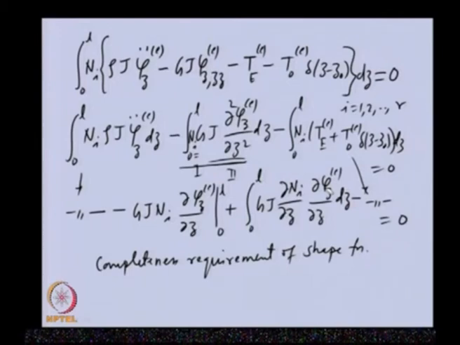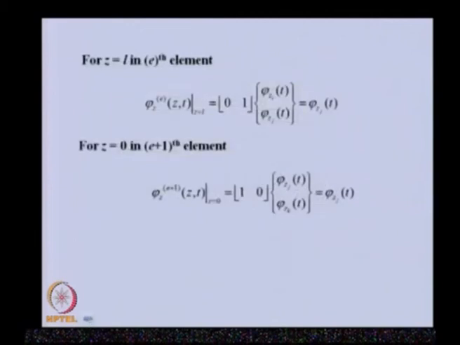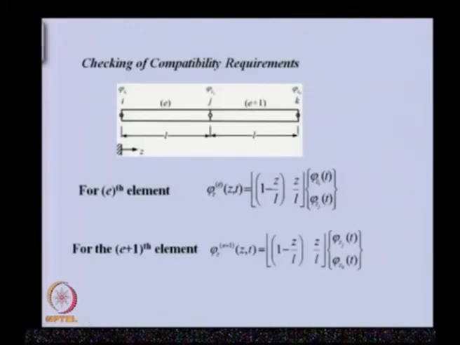So, we need to satisfy the compatibility condition one order less. In transverse vibration we will see that these derivatives will have higher order, and we need to satisfy even higher order field variable derivatives, but for this torsional case we only need to satisfy the compatibility of the field variable itself. There is no need to satisfy it for its derivative with respect to z. So, with this rule of the compatibility condition, let us see how we can check this condition for